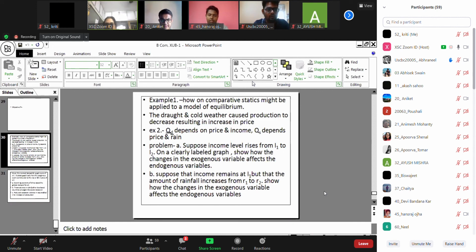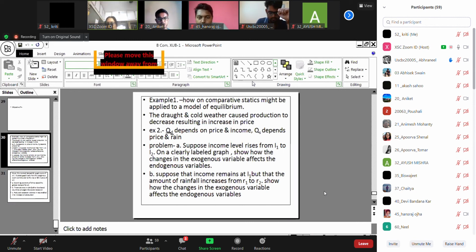Remember, always repeat this in your mind: when there is an increase, right; decrease, left. Supply is upward sloping. Increase means right, decrease means left. Demand, this is the demand position. Increase means right, decrease means left. So whenever there is an increase in demand, the demand curve will shift to the right; decrease in demand, it will shift left. Increase in supply to the right, decrease in supply to the left.